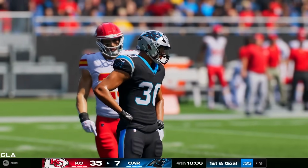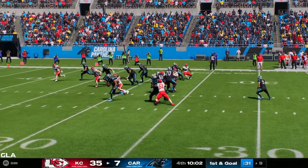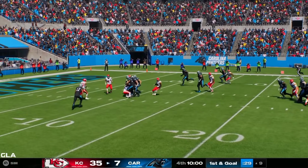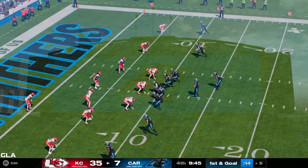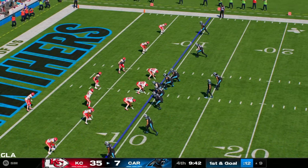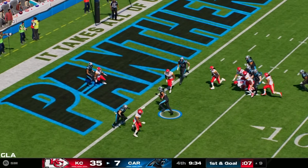61 yards rushing for him in the ball game now on 14 carries. Well, depending on the temperament of the head coach, he's either turning to the bench and screaming, "Where was that all game?" Or maybe he's just kind of keeping it to himself and saying, okay, it's something to build on, and a positive comes out of a bad game because those are going to happen from time to time. We'll see how he gets his team ready to go in the future. But that run right there, that...